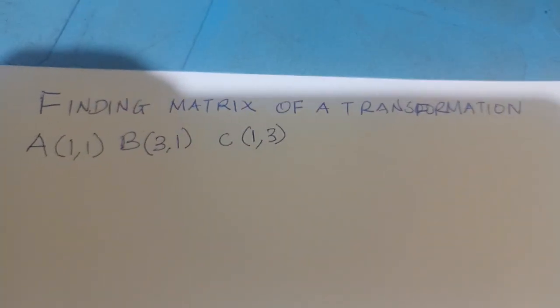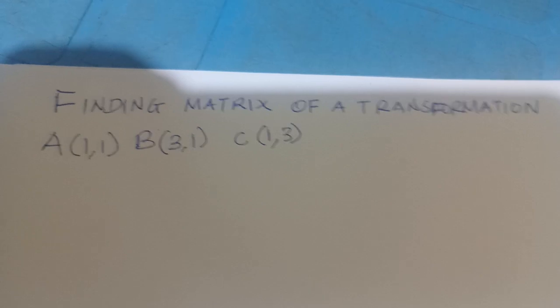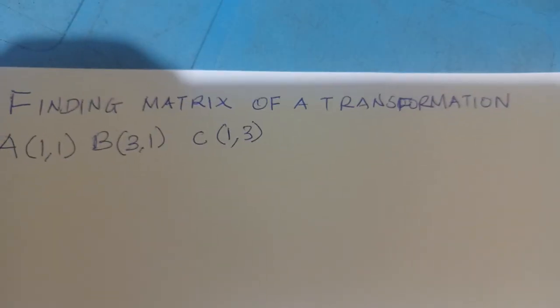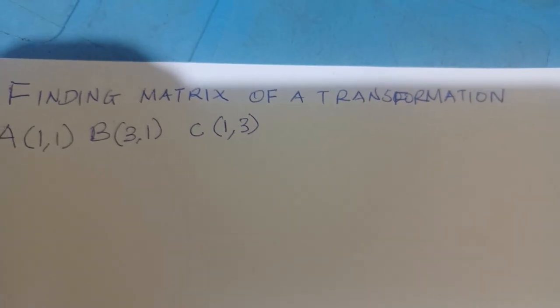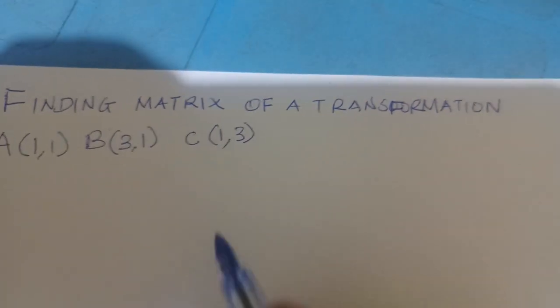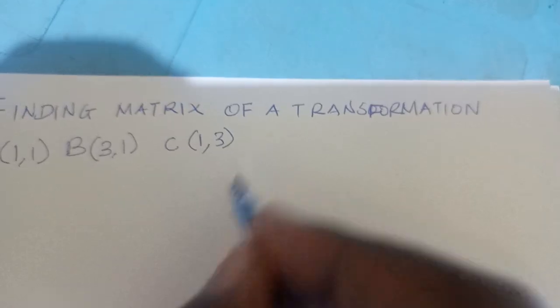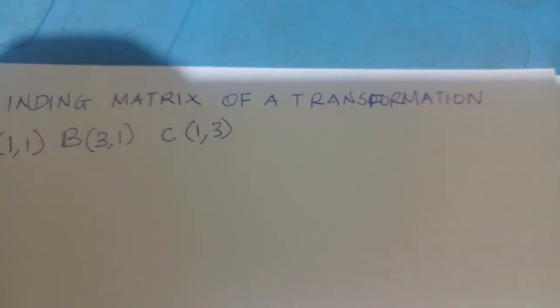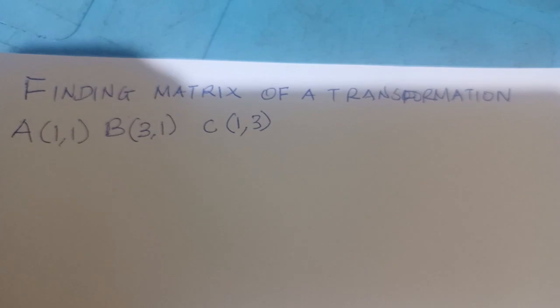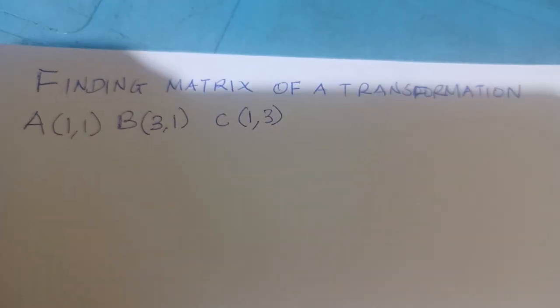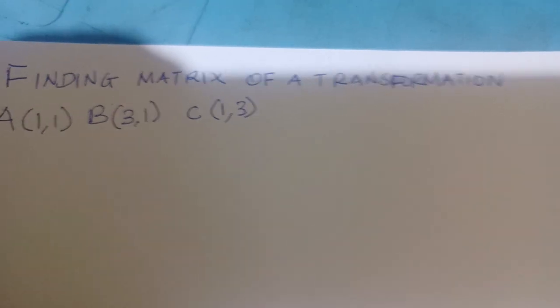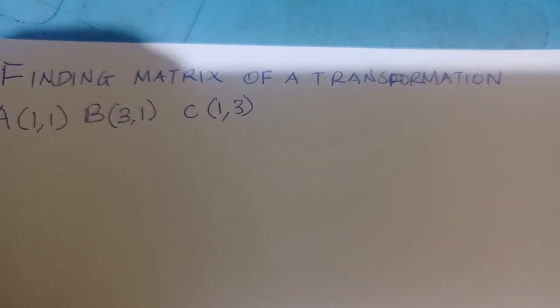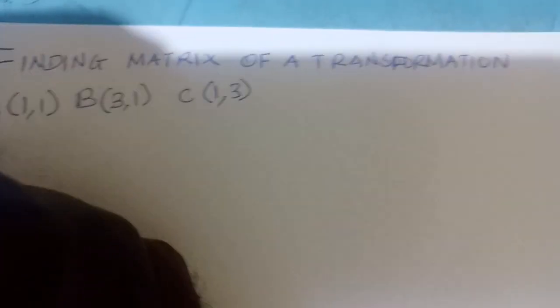Now, then you are told that the triangle undergoes a transformation of reflection, with the mirror line being the y-axis, to get an image of